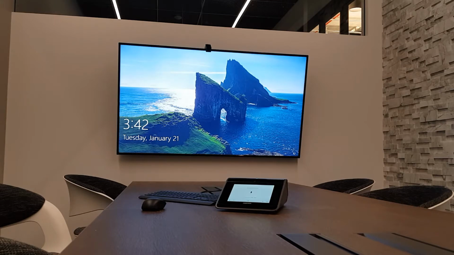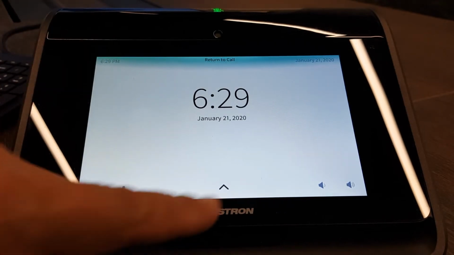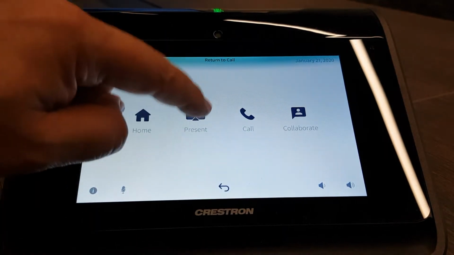Now let's talk about the system control and audio. Home will always bring us date and time information. We'll go back by hitting this arrow. If we hit present,